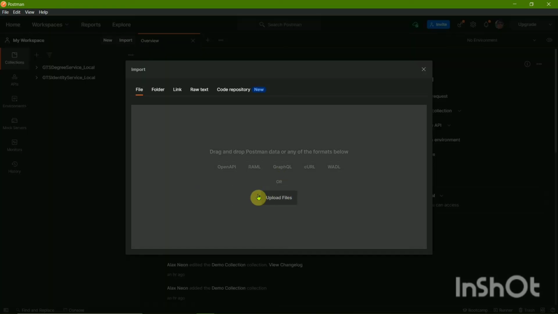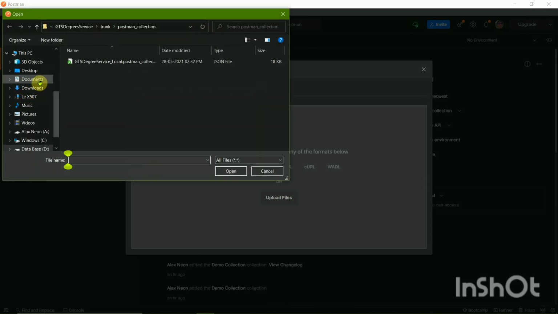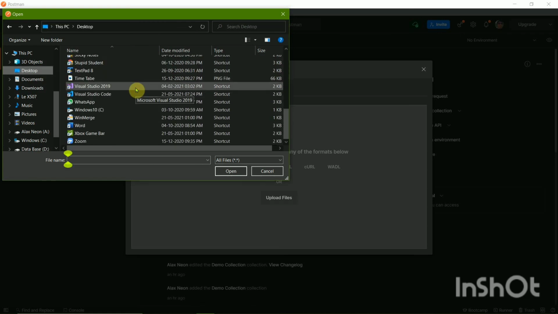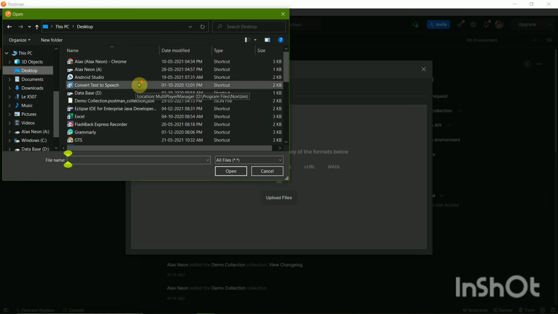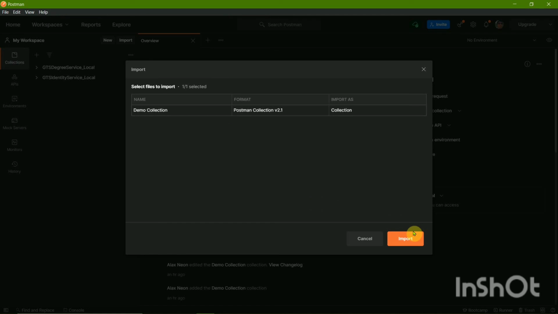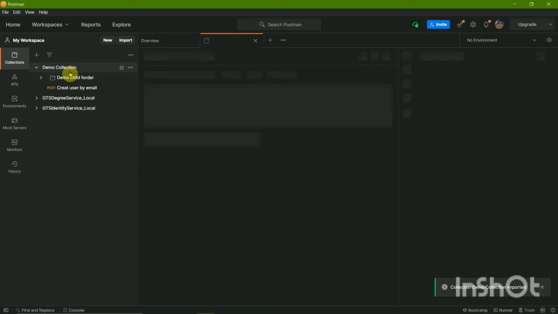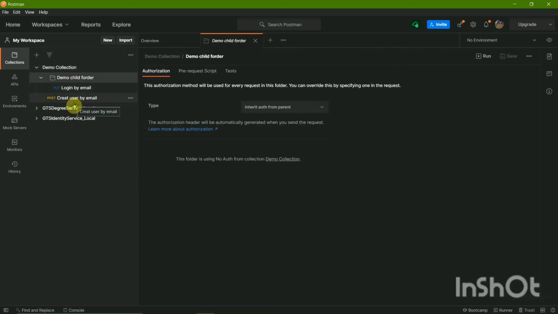On importing, it asks me the location, so I will click on upload files, go to desktop, and here is my demo collection.json. On selecting it, we can click on import. The file is imported, and we have the child folder and the request as we created.